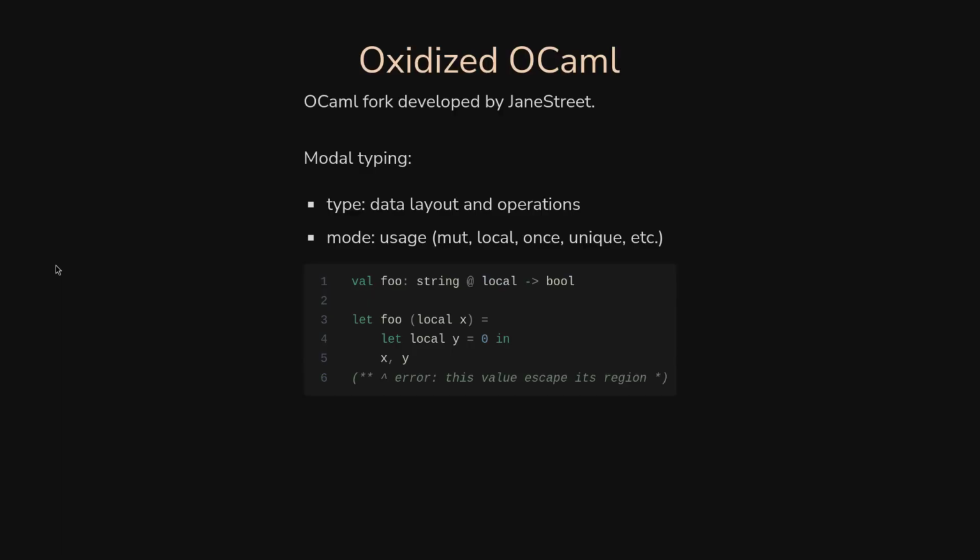The second one I wanted to show is Oxidized OCaml. It's also called OxCaml. It's been developed by Jane Street. Jane Street is a high-frequency trading firm, one of the biggest and most well-known industrial users of OCaml. And this is the kind of application where you want real performance, the smallest latency possible. And so they push OCaml to its limits, where sometimes they want to avoid garbage collection or allocation in general. And so they developed some kind of extension of OCaml.